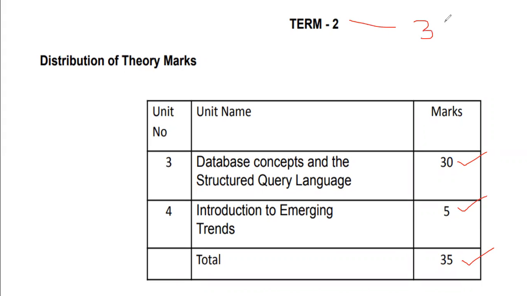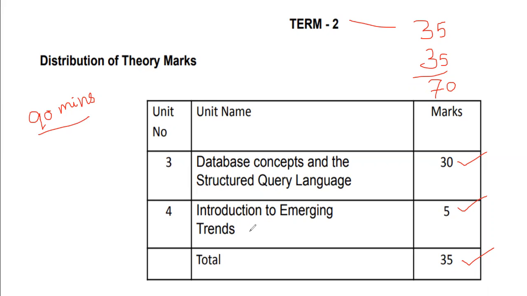Already for Term 1, you have written 35 marks. Now 35 marks. So the total 70 marks is over. So for Term 2 also, we are going to write for 30 marks. In the beginning, CBSE had said Term 2 would also be 90 minutes, but it is still not clear because it is a descriptive paper, so we didn't get clear information. But up to now, we are going to write for 90 minutes only.